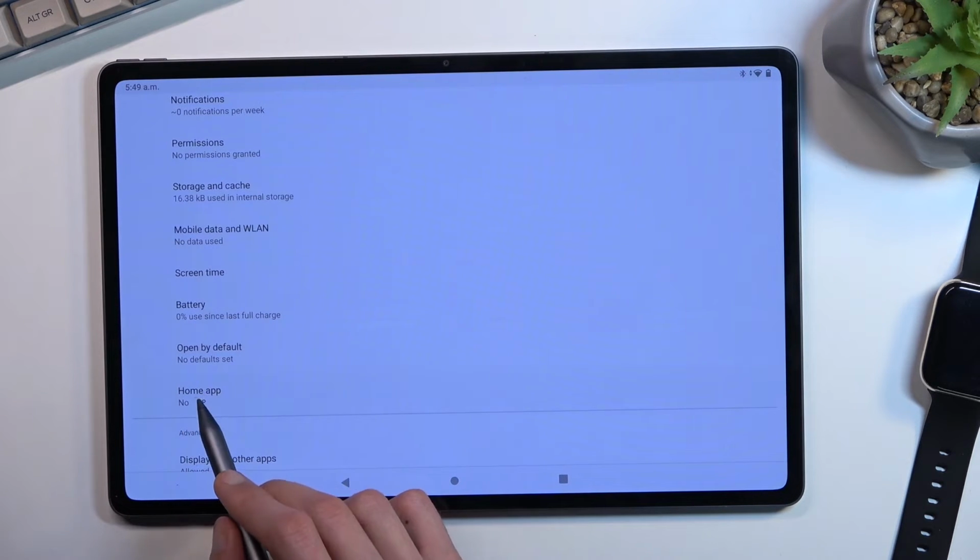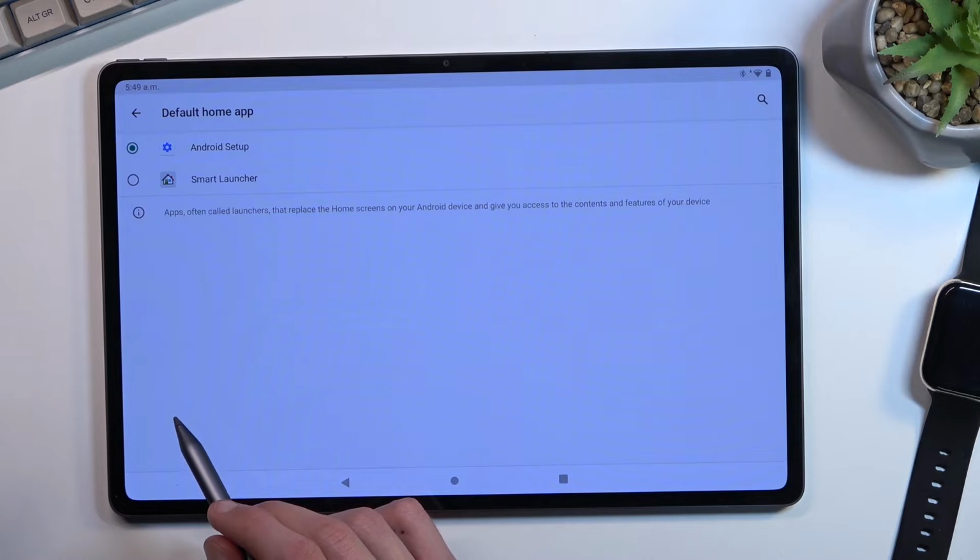Okay, so right here I want to select the home app, and